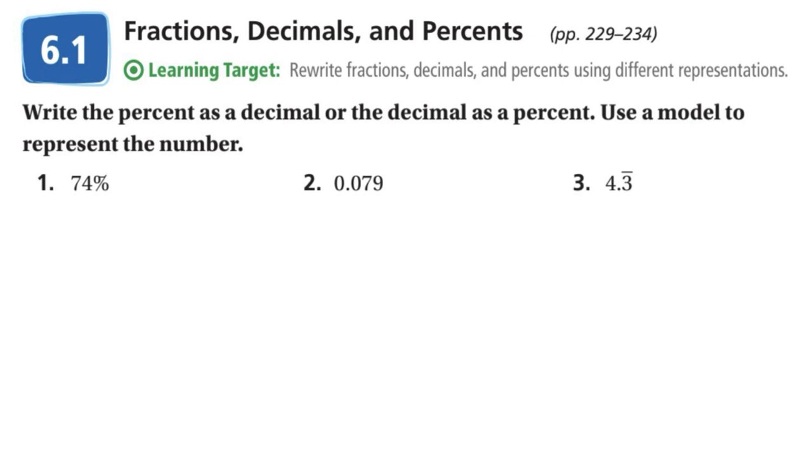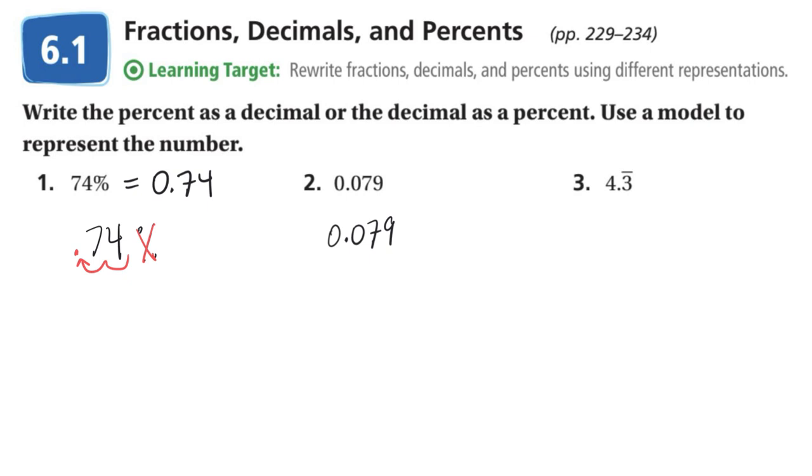So to convert a percent into a decimal, 74%, we remove the percent symbol, and we move the decimal point twice to the left. So 74% becomes 0.74. That's 74%. So to go the other way, to turn a decimal into a percent, take 0.79 and you